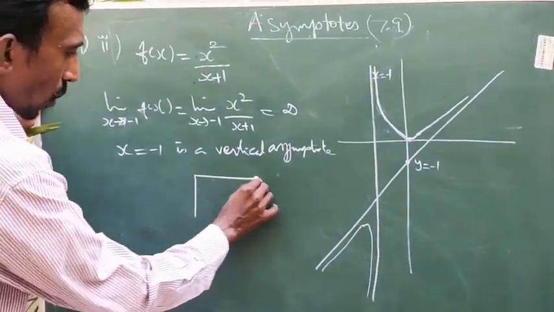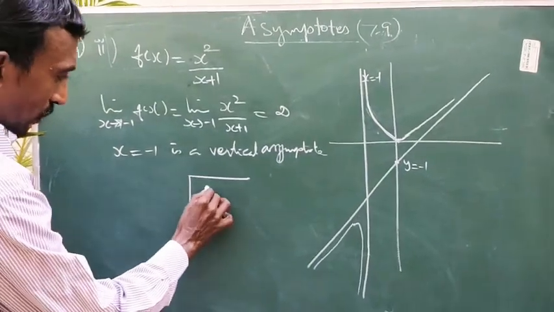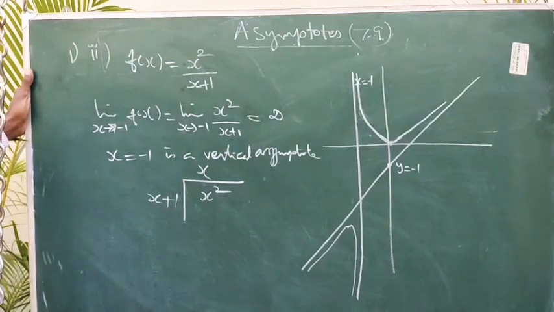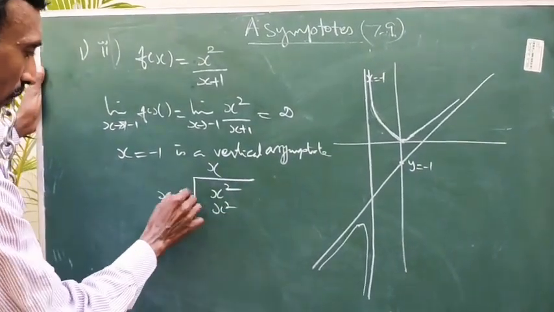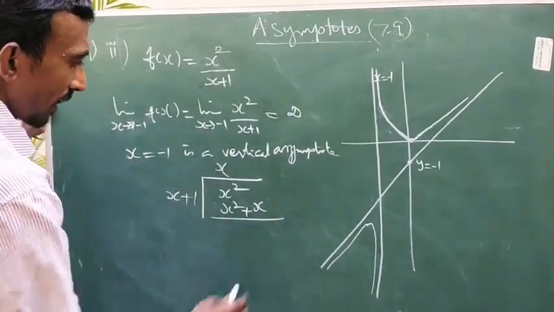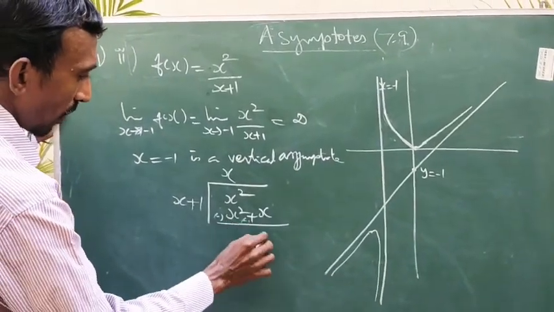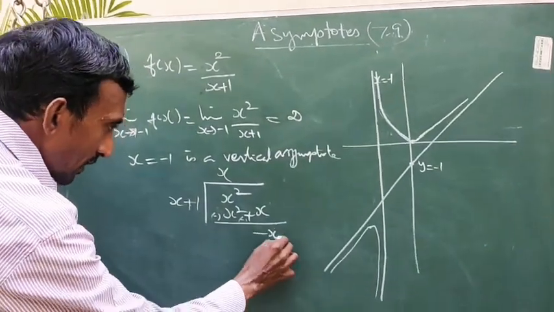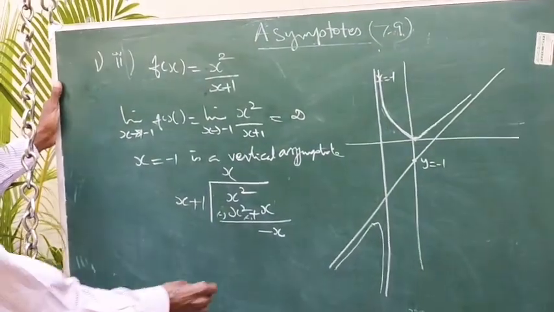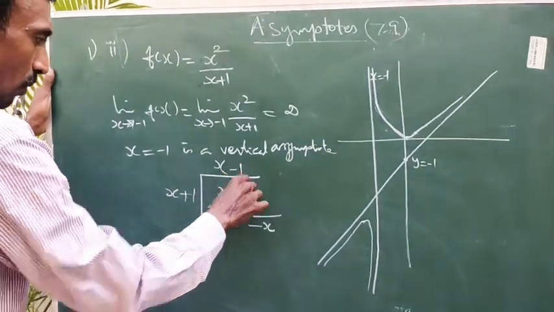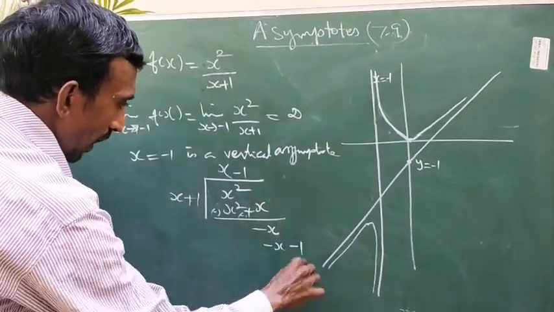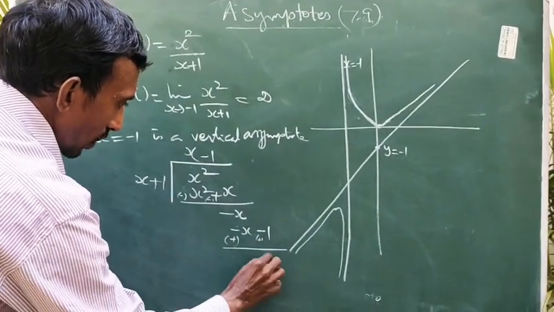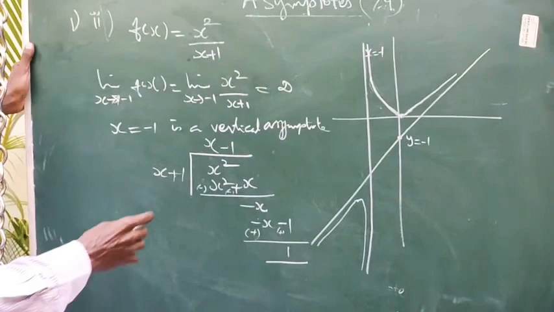So with respect to the quotient, we can write the slant asymptote. So x square, here the divisor is x plus 1. So here we can put x. So x square plus x, change the sign, so it is minus, here also minus. So what are we getting? Minus x as the remainder, and we have to cancel this. So here we have to put minus 1. So minus x minus 1, change the sign. So what are we getting? 0. So plus 1. Okay, so look at here.